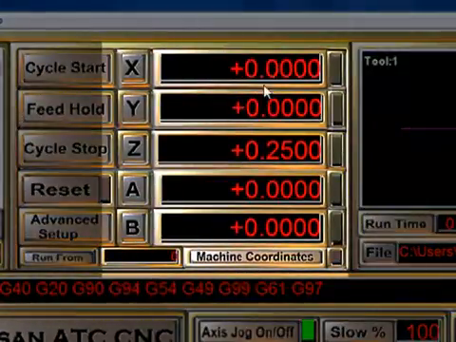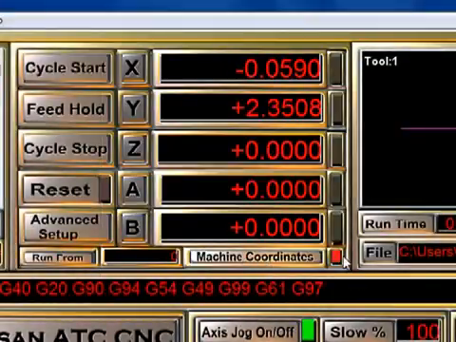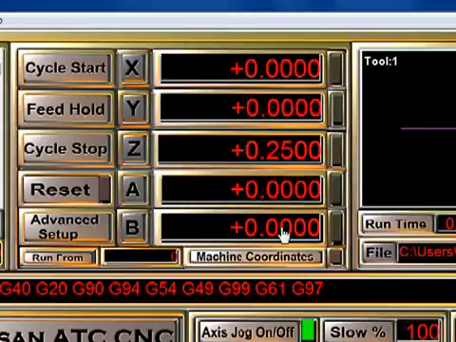In the center, we have the DROs, or digital readouts. If we click this button here, the machine coordinates, the light will flash, and we will be looking at the machine coordinates. If we turn this off, we're back to the work offset coordinates. If you want to set the work offset coordinates, you can either, well, let me go ahead and make